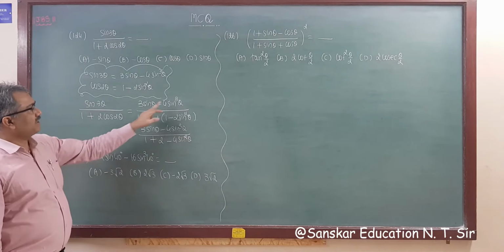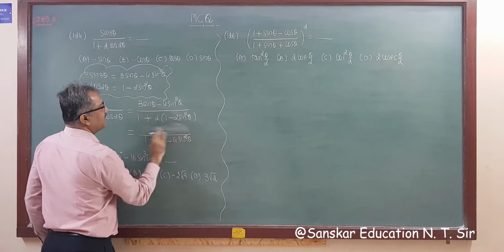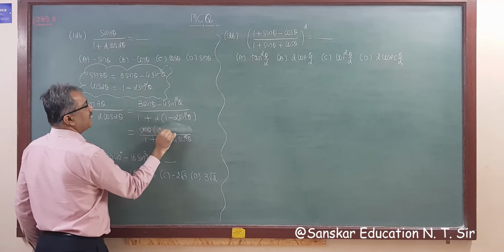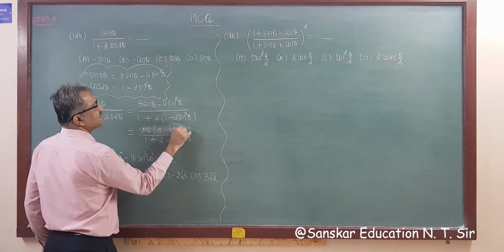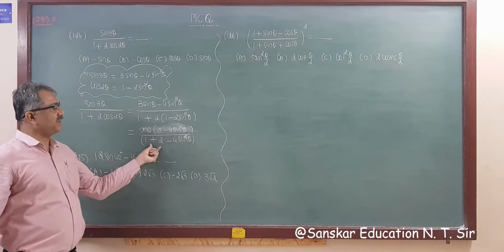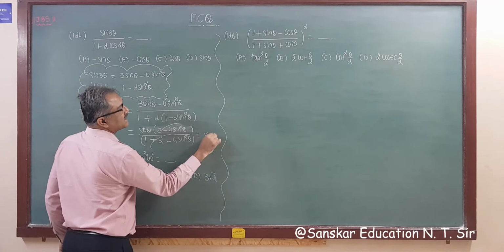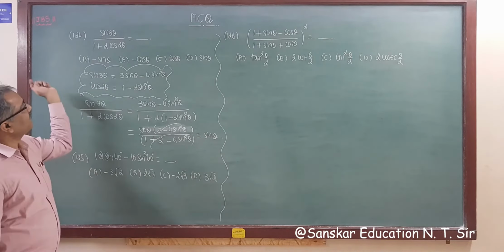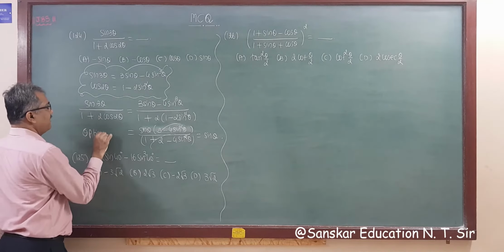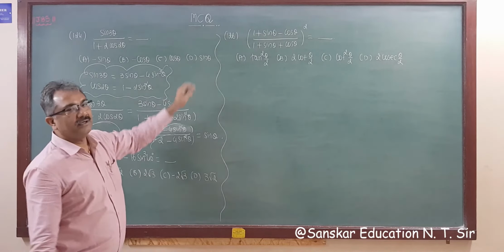Right? So taking sin theta common from the numerator, sin theta is common. Then 3 minus 4 sin square theta. And what is this? 1 plus 2 is 3 minus 4 sin square theta. This will cancel. So your answer will be sin theta, and sin theta is option number D. So option number D is your correct answer. Right? This is your correct answer.